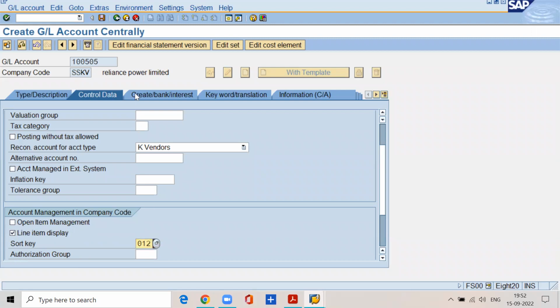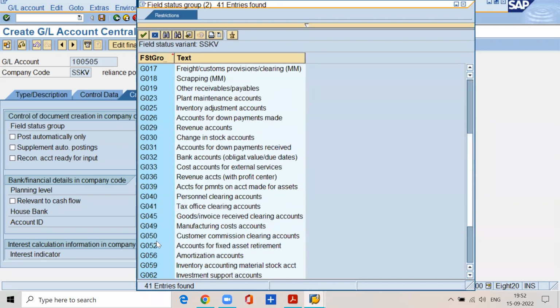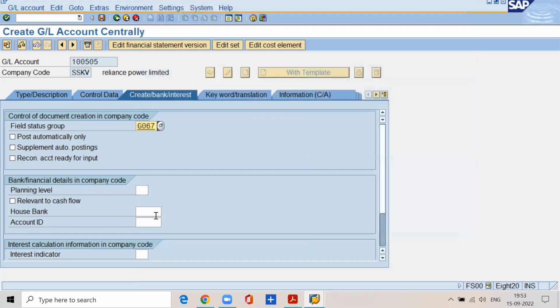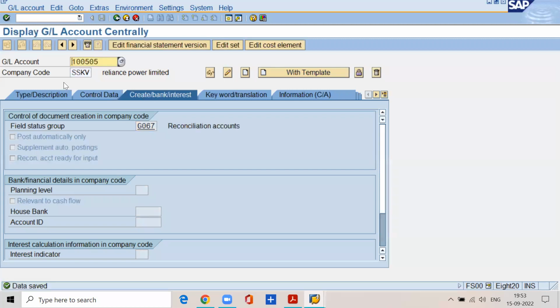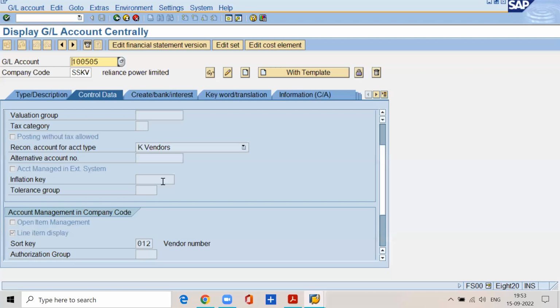Then go to create bank interest tab. Field status group G067. So always for reconciliation accounts, compulsorily we have to use G067. Click on save. So we have created the sundry creditors account as a reconciliation account for vendors. Reconciliation account for account type vendors, right? Then